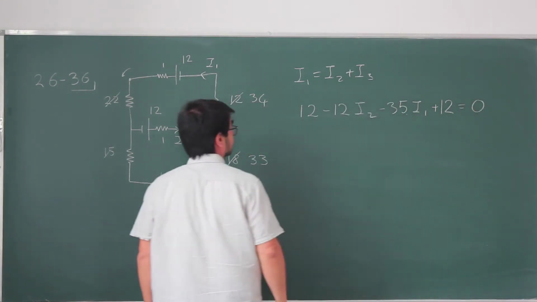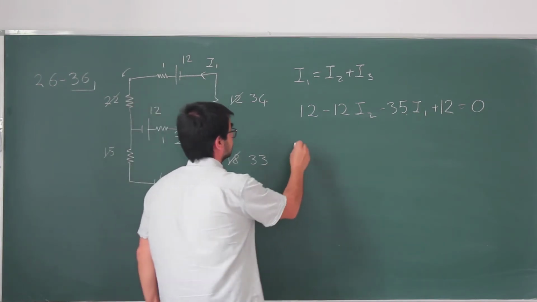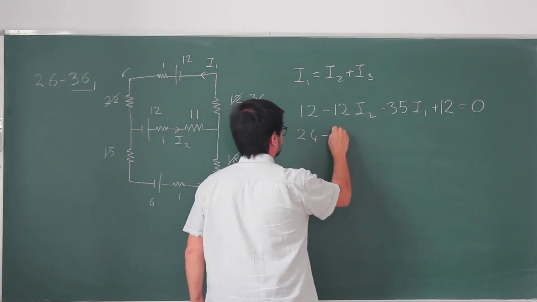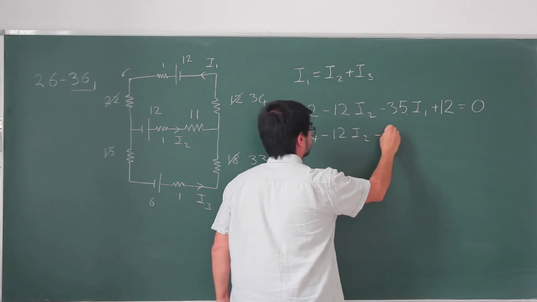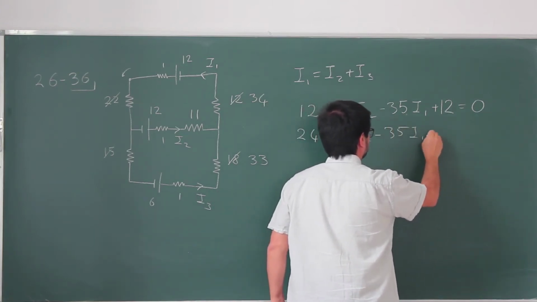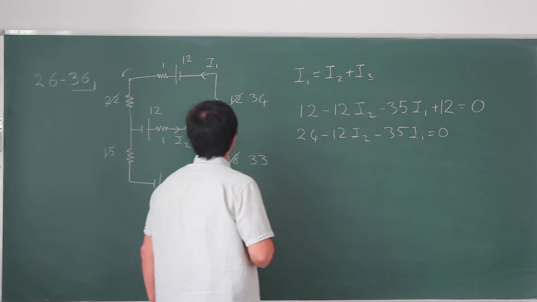This loop should be 0. Okay? This can, of course, be simplified a little bit further. 24 minus 12 I2 minus 35 I1 is equal to 0. Now,